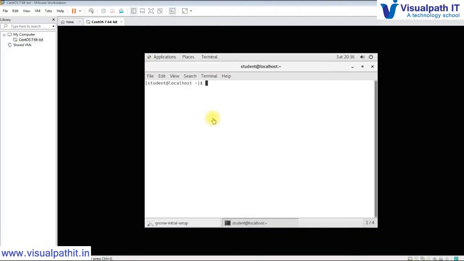Let's see the basic commands in Linux. So we are logged in as a student, which is an unprivileged account. There are different types of users. We'll see that in user management, and let's see how to do basic operations in Linux. So let's start. The first command is how to check the date